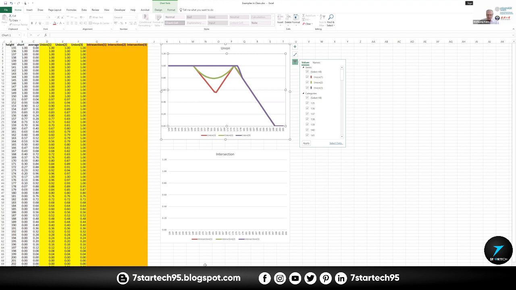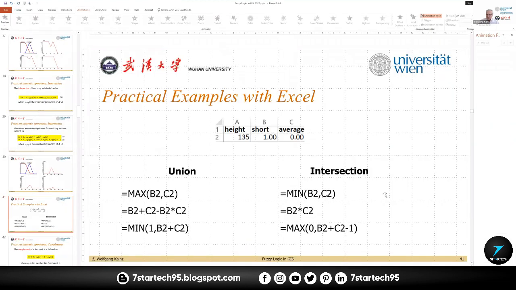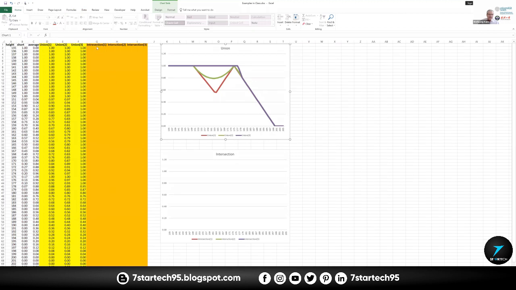Now we can do the same thing for the intersection of two fuzzy sets. For the intersection, we said the simplest operator is the minimum operator. Take the minimum of the two values. So